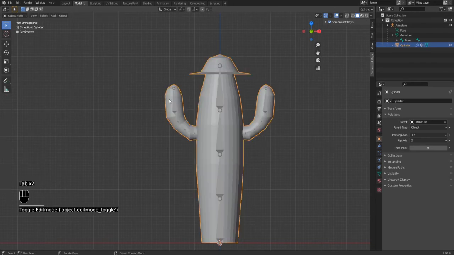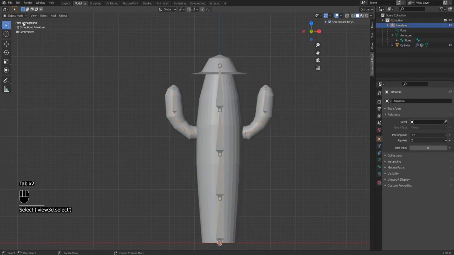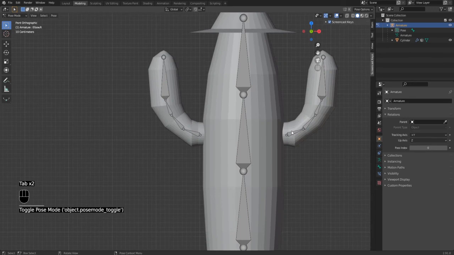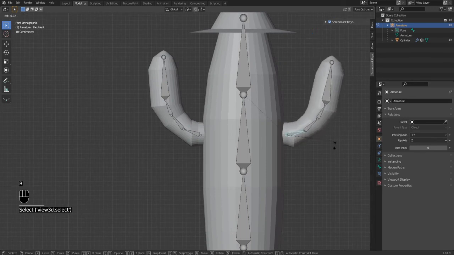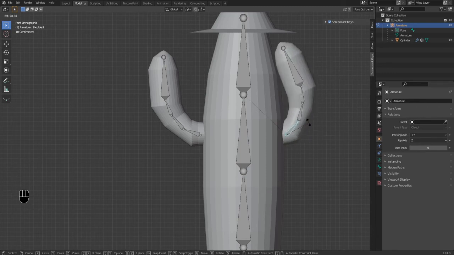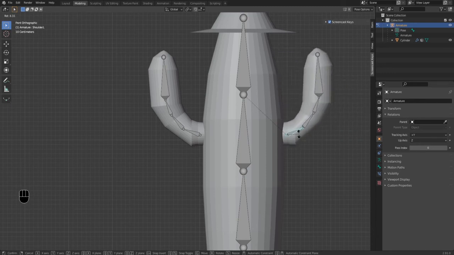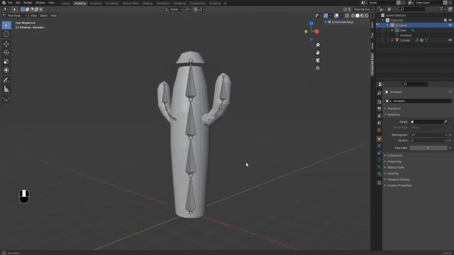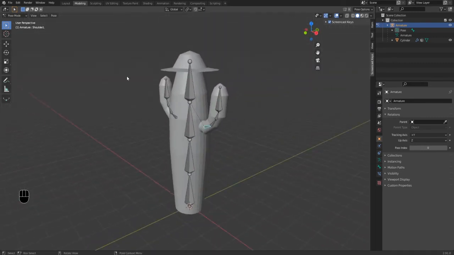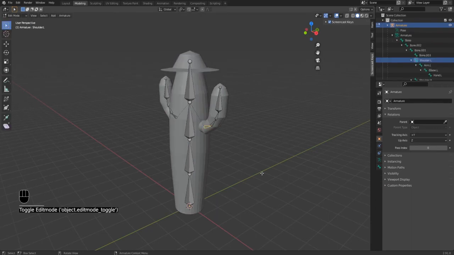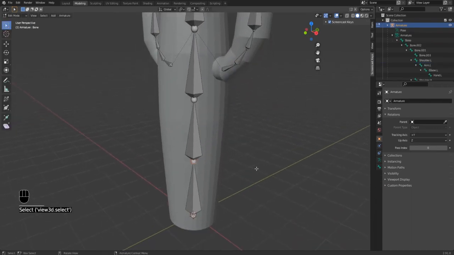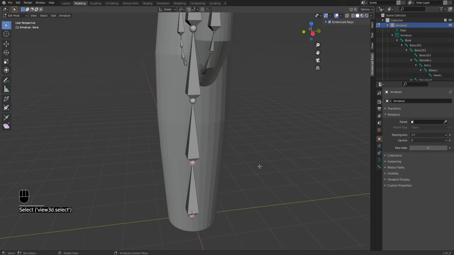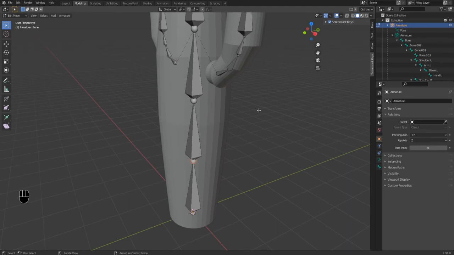So just as a quick test this time, we're going to select the armature, go into pose mode, and we'll just rotate this. And you can see that it is relatively staying where we want it to, and we can now proceed with the last little bit of this rigging. So we're going to go to edit mode, and I'm going to do a thing, and it's not going to quite make sense, but